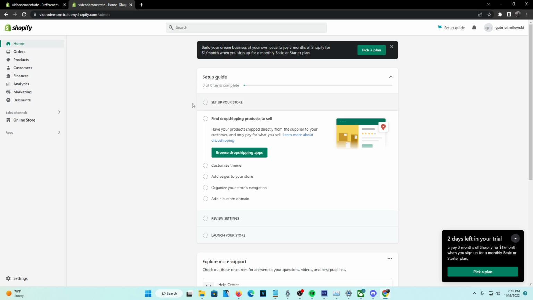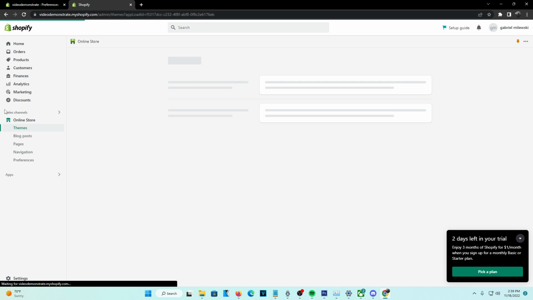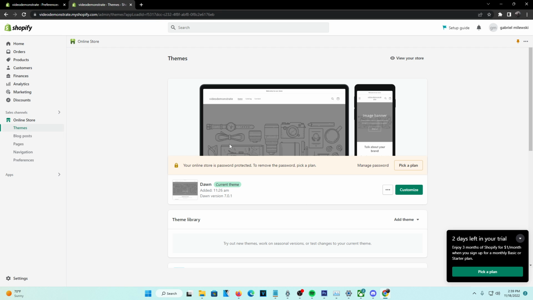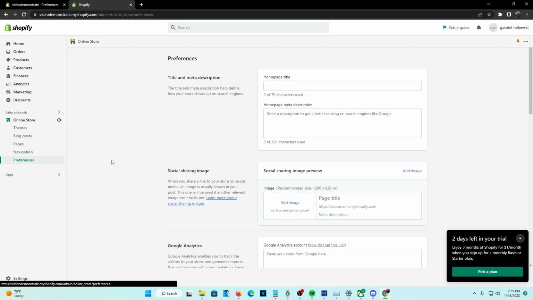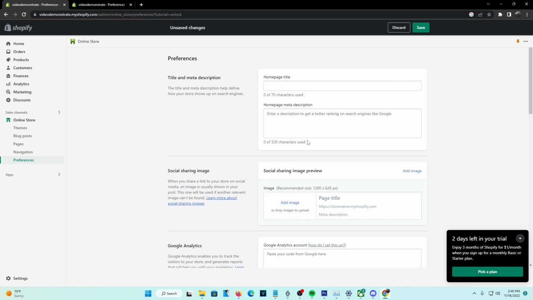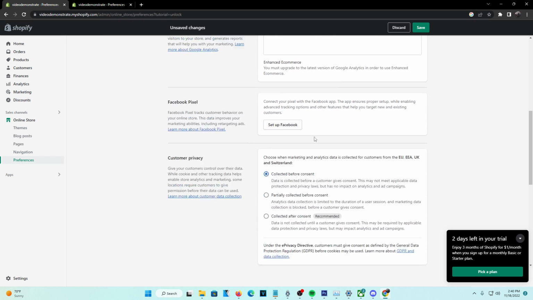So basically what you're going to want to do is click on online store on the left hand of your screen. Now once you're here, there's going to be a lot more options. You're going to want to head over to the preferences, since that will be where the visibility options are at. Now that you're here, you're going to want to head all the way down,